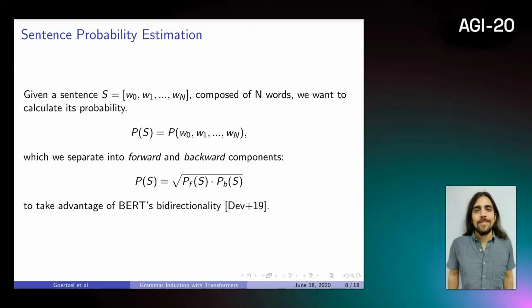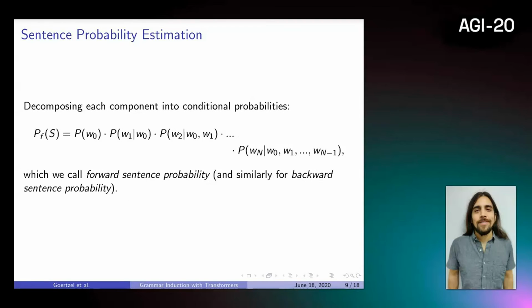By the way, this methodology that we're proposing can be used with any transformer. Even if new transformers come out that have better language models and better internalized grammar, we can just substitute it for the one that we use now, which is BERT. The methodology doesn't care about who the oracle is. As long as you can get an estimate of the probability of the sentence, then you can use that. Okay, so how do we get these forward and backward probabilities?